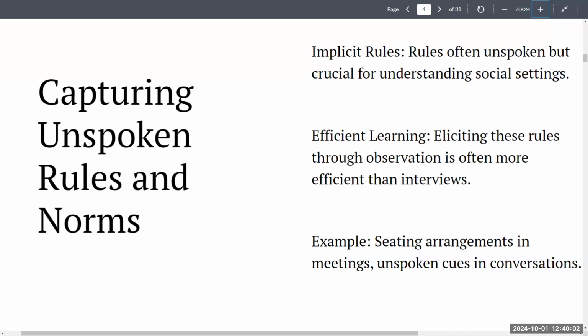Efficient learning. While interviews or surveys might rely on participants explaining the rules of norms in their environment, they may not always be able to articulate them. This is where participant observation is actually invaluable, and it is so important because it allows the researcher to see the norm in action. So for example, by observing a team meeting over time, a researcher might notice that certain individuals constantly speak first, or that decisions are often made informally after the meeting concludes. Okay, so that would be